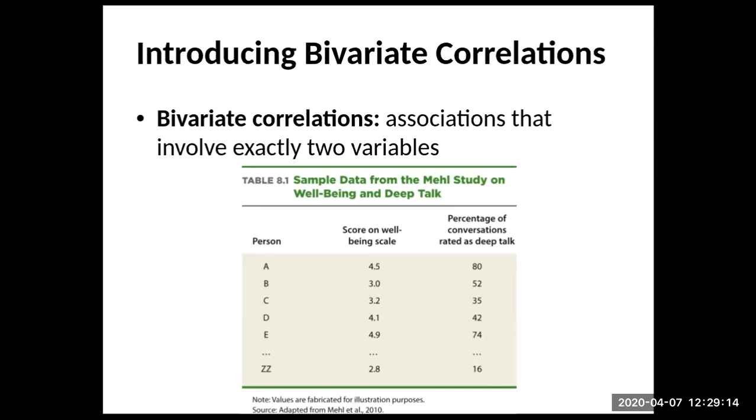There are many other things in a correlation that may cause this. In this case, being outgoing and wanting to have deeper conversations may be one of those factors. So we're not looking to see causation. We're just looking to see that there is a trend or an association or a correlation between these two measured variables. And in this case, because they're both measured quantitative variables, we would put it in a scatter plot and look for a line of best fit. And the statistical analysis would give us an R value, or the correlation coefficient.